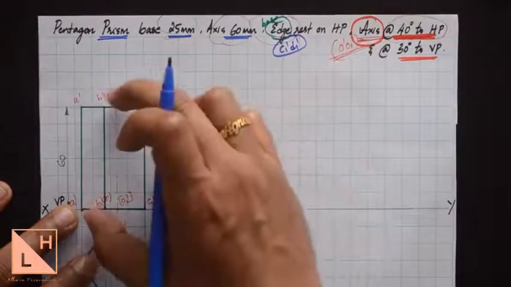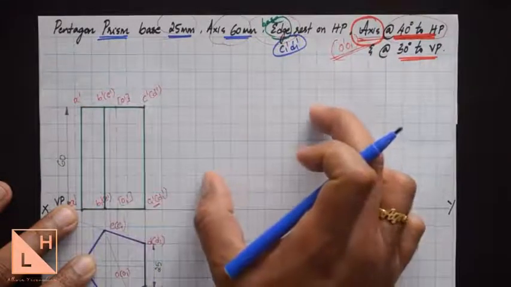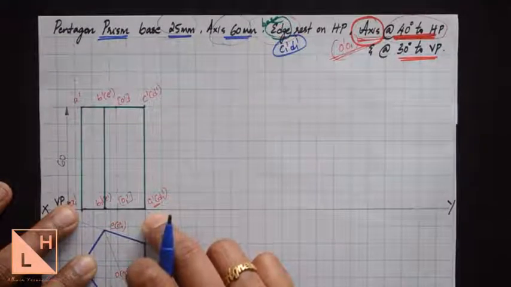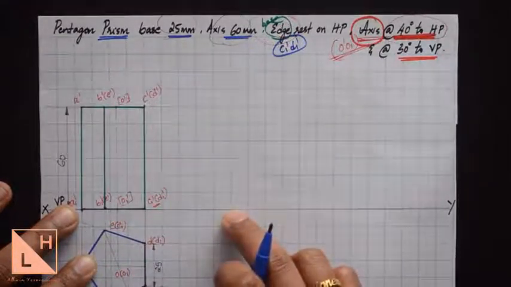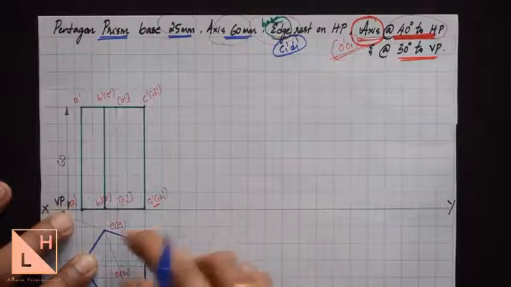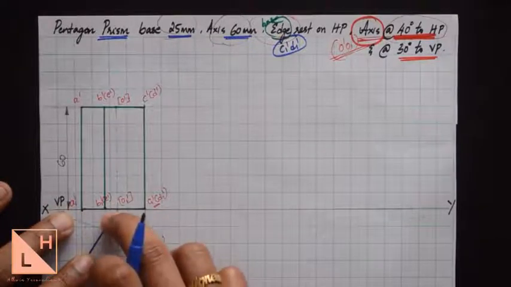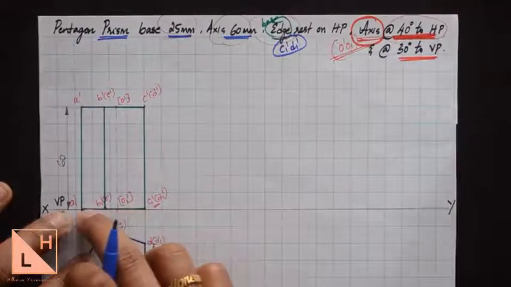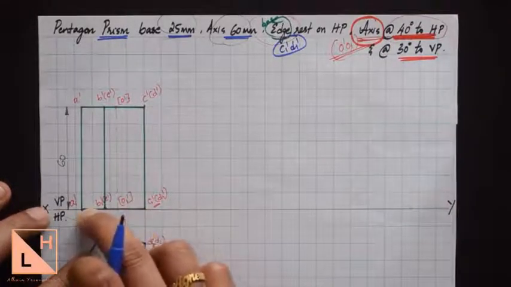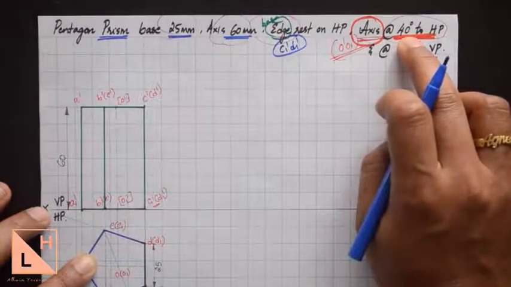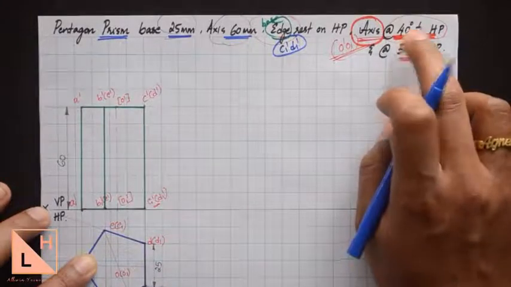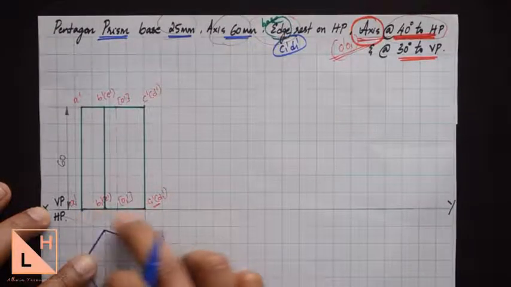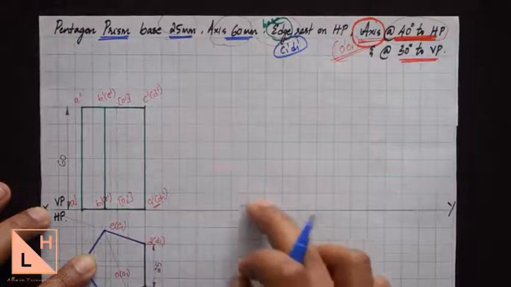While you are tilting this front view in the second position at 40 degrees, you must make sure that this point C1 dash D1 dash still lies on the XY line. So in order to do so, we have done that in the previous problem. Instead of inclining the axis at the given angle, we'll incline the base at 90 minus the angle that is given. So here the angle given is 40 degrees. So 90 minus 40 would be measured as 50 degrees. We'll incline the base of the prism at 50 degrees with respect to XY line.